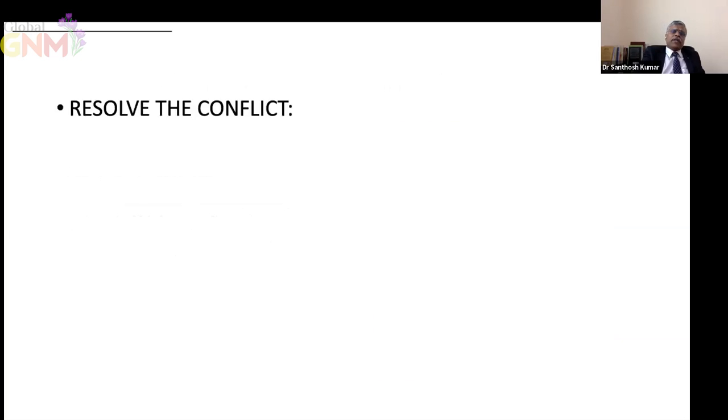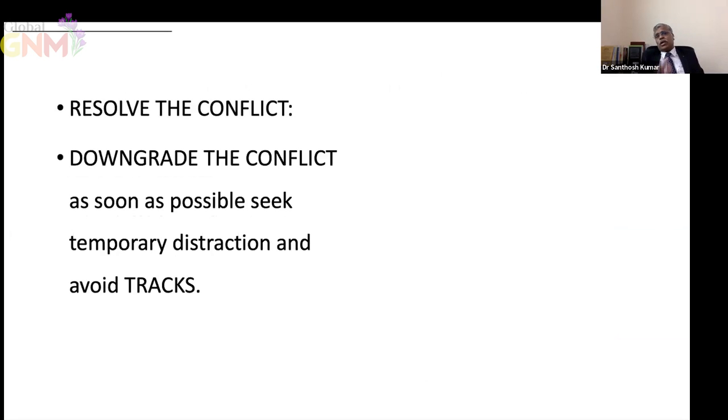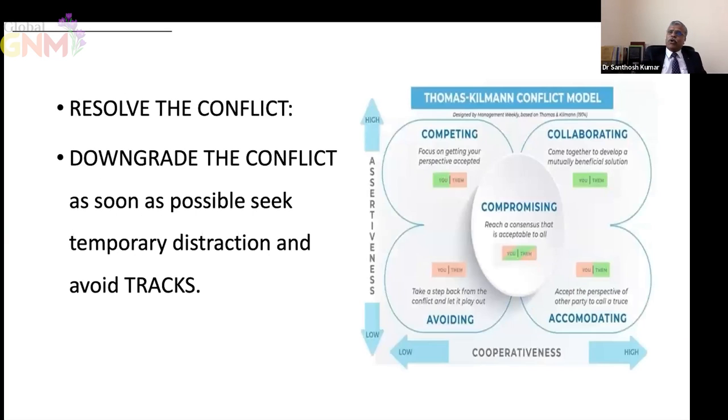Second one, after finding the conflict, we have to make measures to resolve the conflict first, or downgrade the conflict as soon as possible. Seek some temporary distraction from that conflict and avoid tracks. Tracks you might be knowing. If again that conflict is there, or if the memory is there, again that conflict will come up. That has to be avoided. There are 5 methods